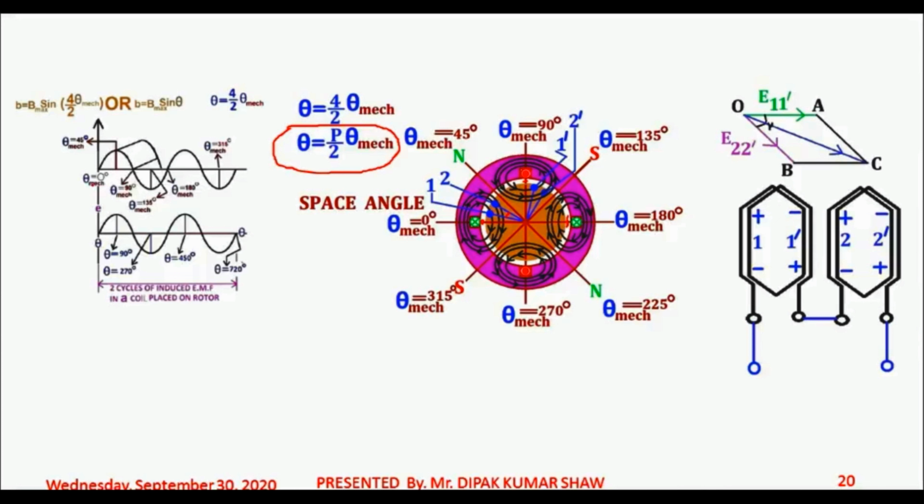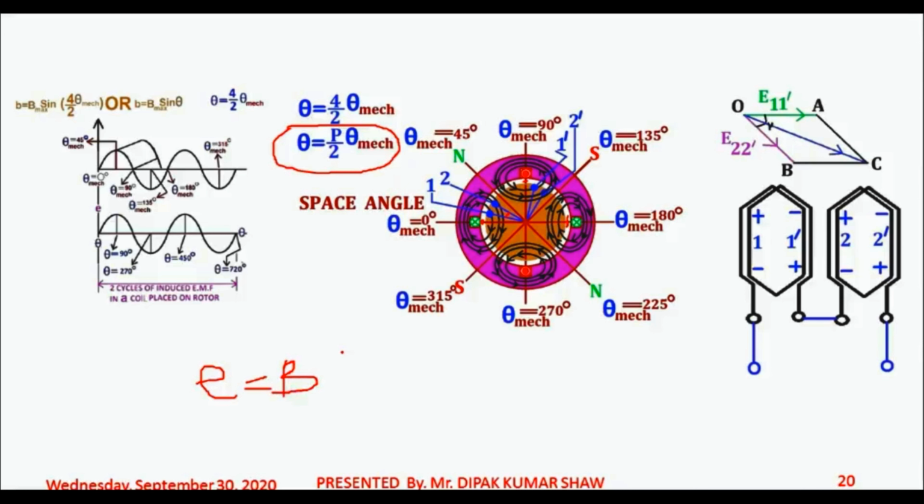So if you draw the distribution of magnetic flux density as a function of space angle theta mechanical, or simply plot the variation of the magnetic flux density B along the air gap periphery, it would be sinusoidal. We are assuming it to be sinusoidal by ignoring the space harmonics, and thus the induced EMF would also be sinusoidal, because the EMF induced in a conductor E is given by the expression